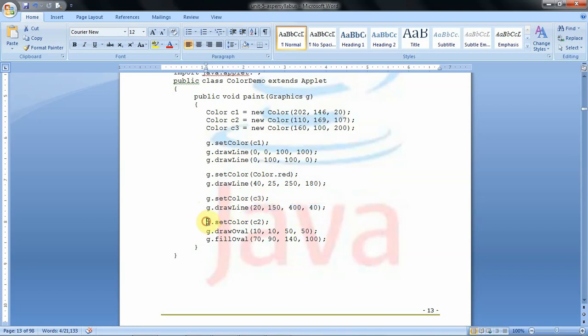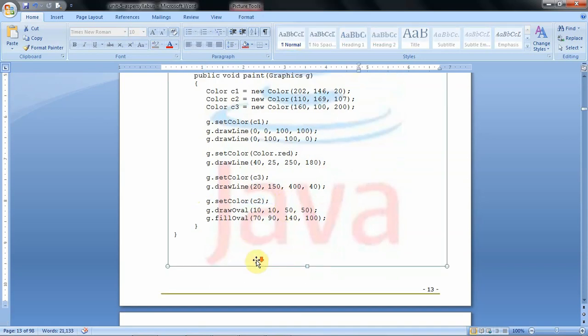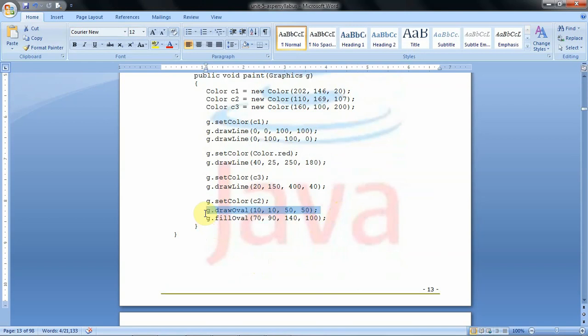Then we set the C2 color by using setColor. Now we draw an oval: one drawOval and then fillOval. drawOval simply draws an unfilled oval, and fillOval is filled with some color. Here the fill color is C2.